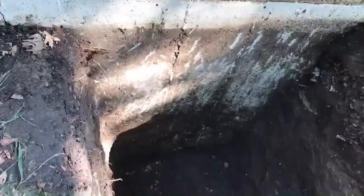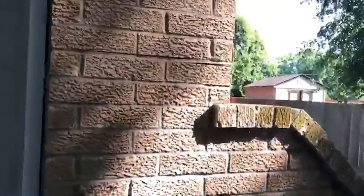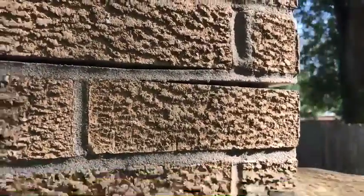And then the final one, we're getting close to being finished, is going to be right here underneath this little wing wall here. So we're going to get to the footing there. We're going to widen up this hole here, and again, you can see that separation there. So okay, we'll get that all